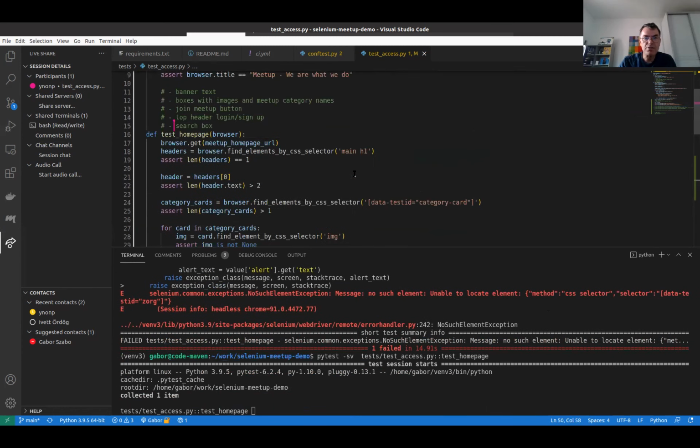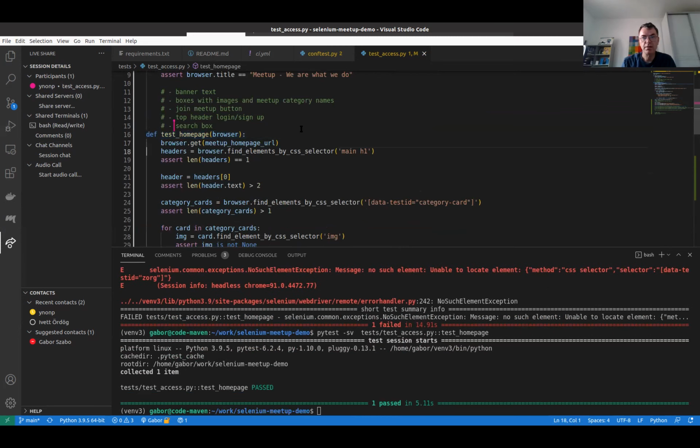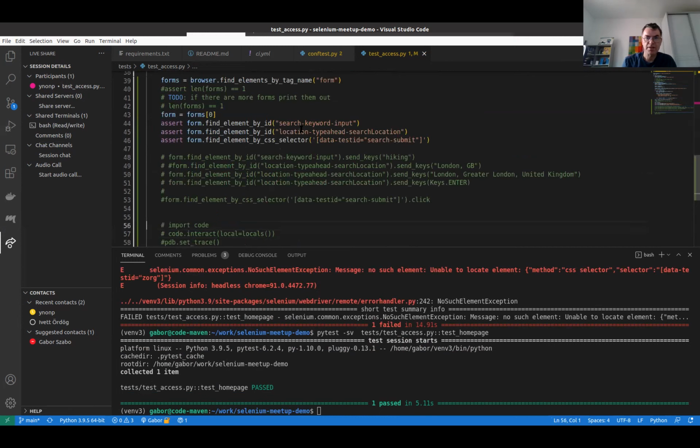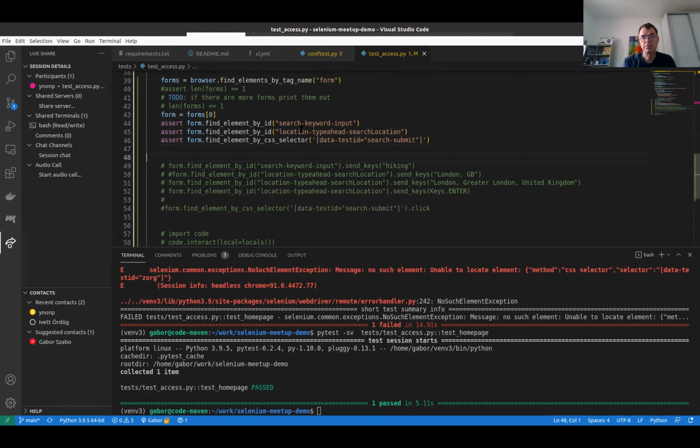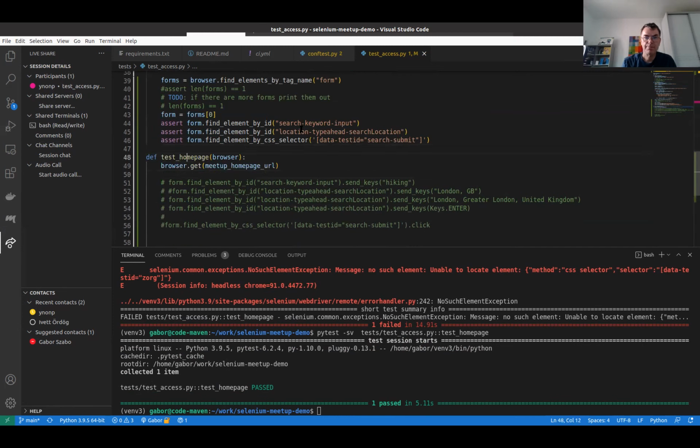And then there is another test, which is going to be a separate test function. Test search form. Okay, we go to the main form. How do we get the form?